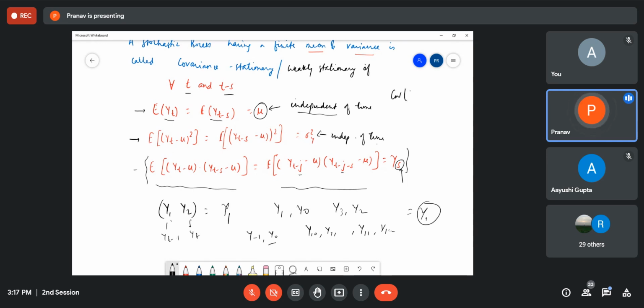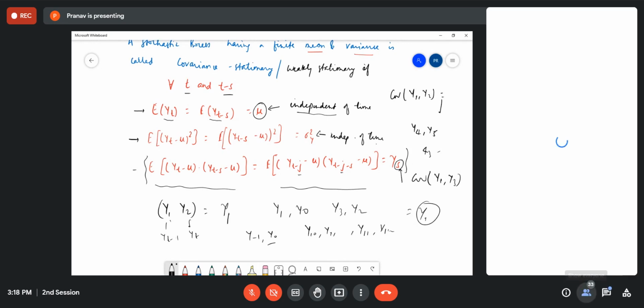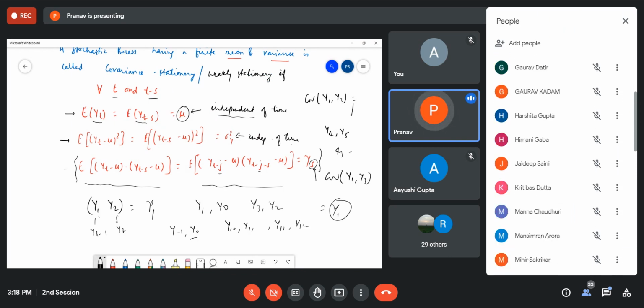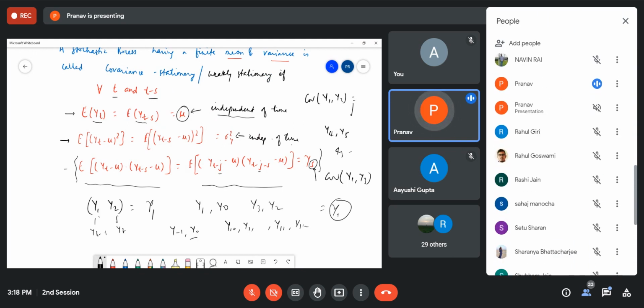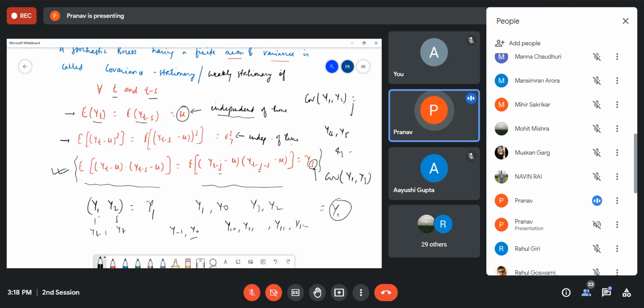So covariance of y1 with y2 जो होगा वही covariance y4 का y5 के साथ, y3 का y4 के साथ, y100 का y101 के साथ. Similarly कोवेरियंस y1 का जो y3 के साथ होगा, that should be equal to covariance between the two time periods which are separated by two lags. So this last condition tells you that